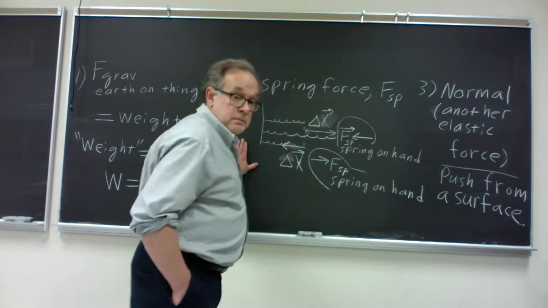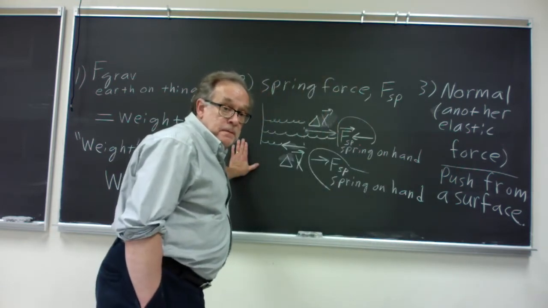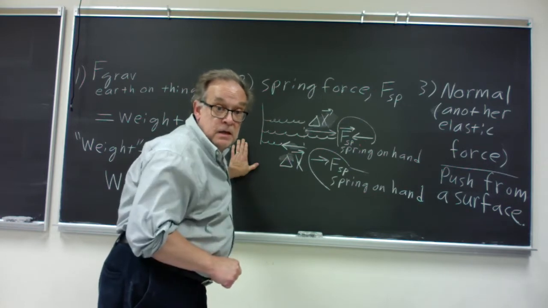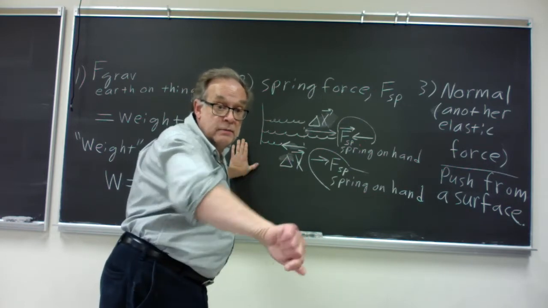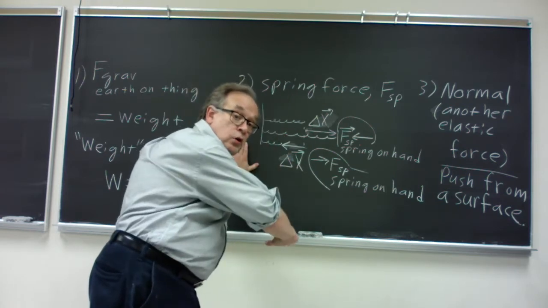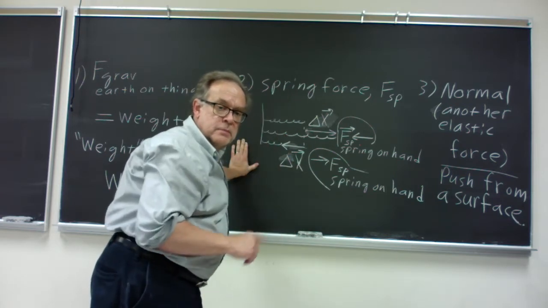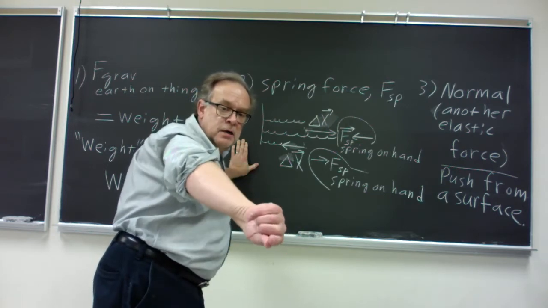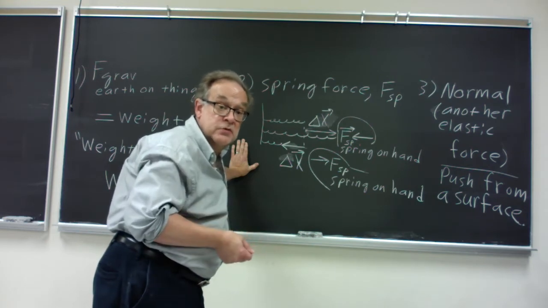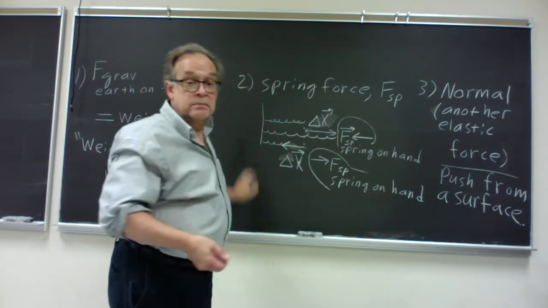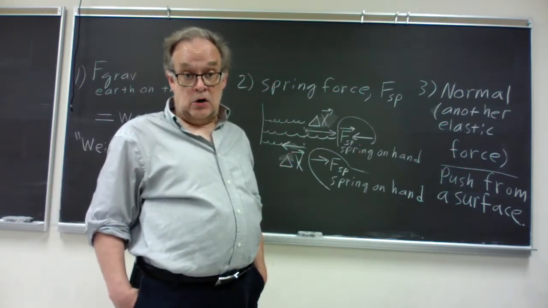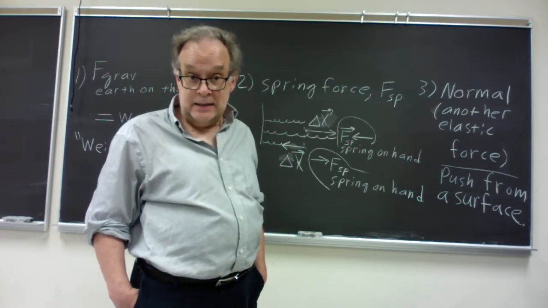So for example, I'm pushing on the blackboard here, but I know also the blackboard is pushing this way on me. If the blackboard wasn't pushing this way on me, I would fall over. Where does that push from the blackboard pushing on my hand more specifically come from? Well, it comes from the elasticity of the blackboard. Almost all solid objects are elastic to at least a tiny little extent.